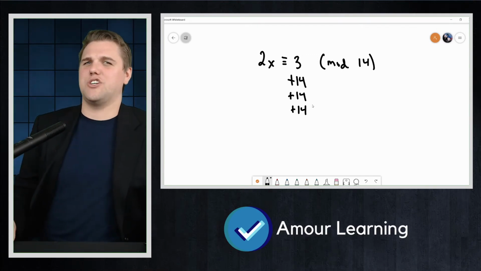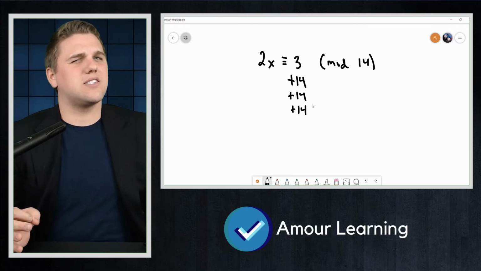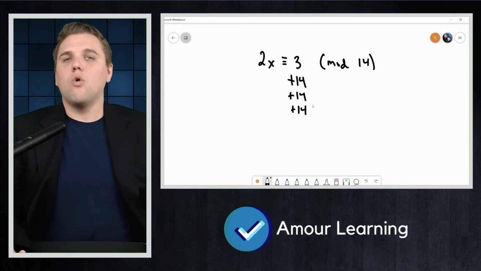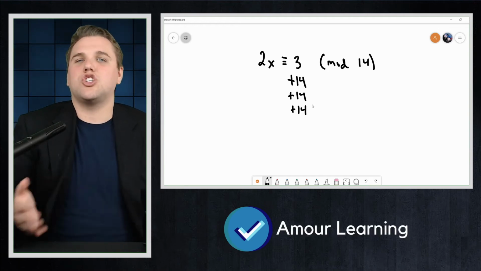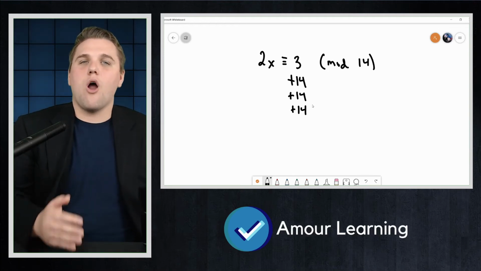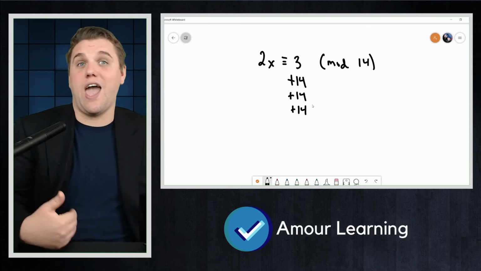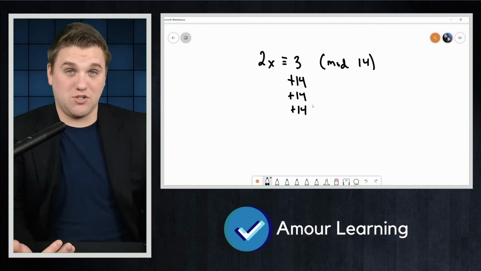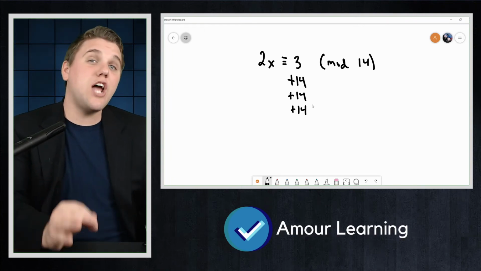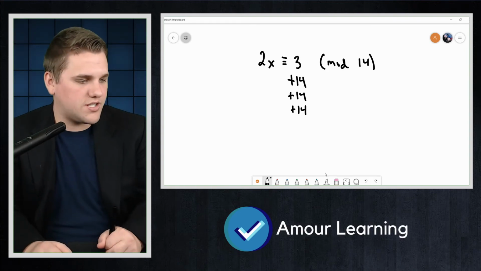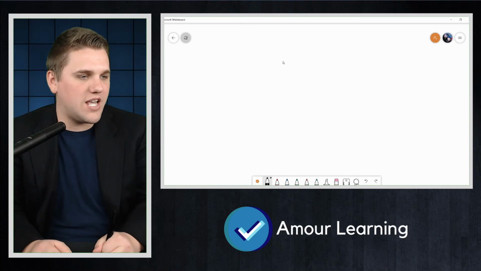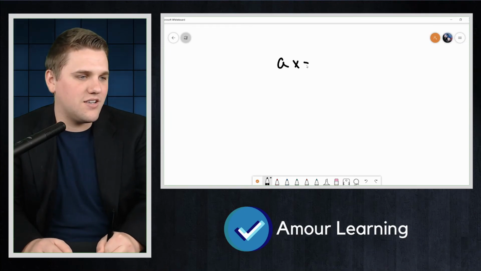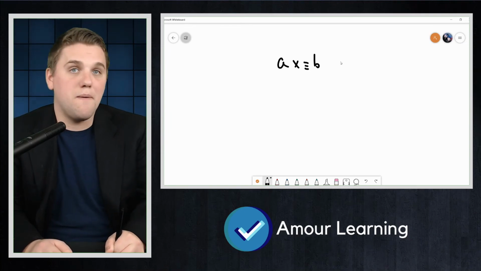So this begs a question: when is x solvable? Well, the reason we couldn't solve for x in this problem was because 2 and 14 are both divisible by 2, and 3 was not divisible by 2. So in general, and I'm going to generalize this real quick here, given the congruence ax equals b mod n,